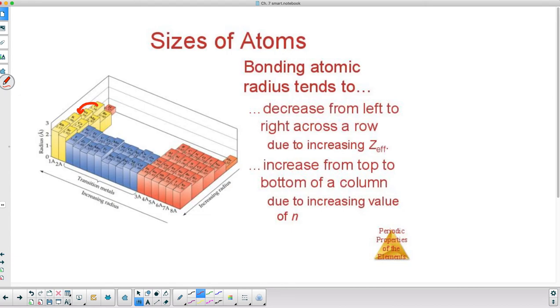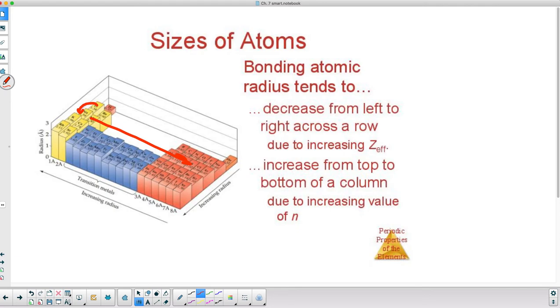So the actual atom doesn't get bigger, it actually gets smaller because we're adding plus charges and we're adding negative charges, and they attract each other. So they actually get pulled in as you go across. So the atoms get smaller as you go from left to right. Now there are some anomalies. Some things do get larger and then smaller again, but for the most part, they all get smaller as